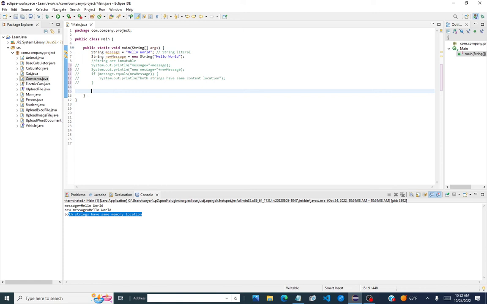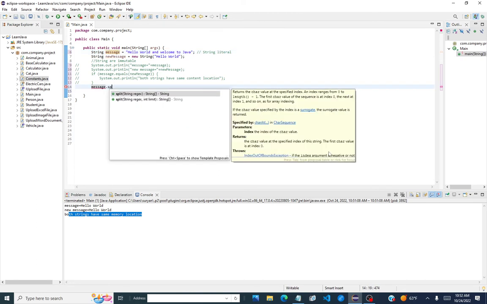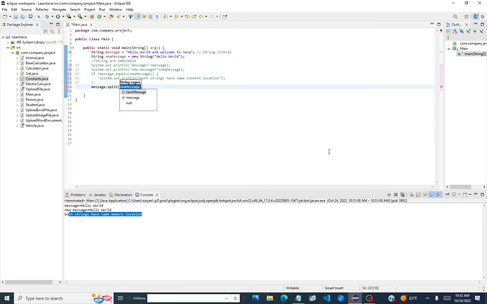Let's say I have a string, "hello world and welcome to Java." So you see this, I have a string. I want to split this string, so I say message dot split, this important method. So you can split a string based on, let's say you want to split